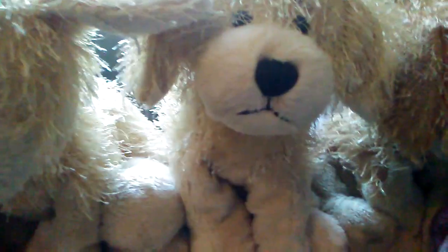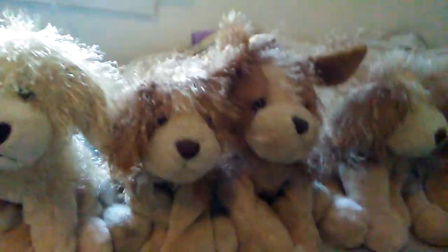There's a name that's written on it already when I got it. So your name is Regine, because I might as well leave it since it's written on there. So Regine and Summer. Now here are my Cocker Spaniels. These are the ones that I would like to collect. Because this one right here, this special little guy,